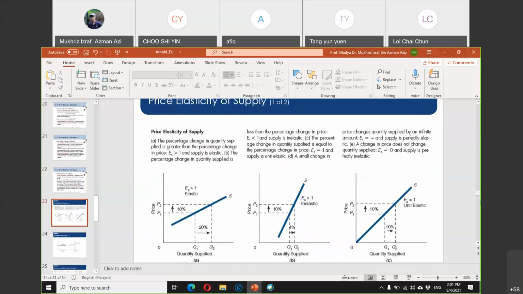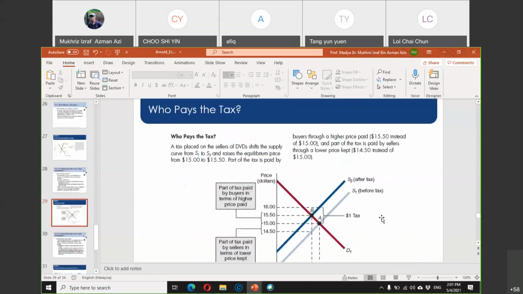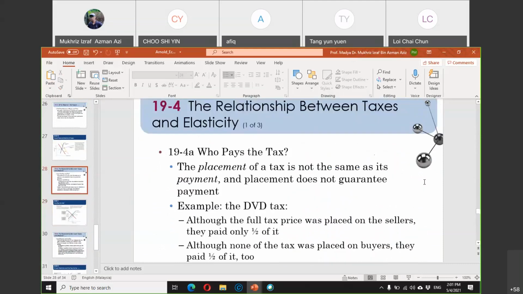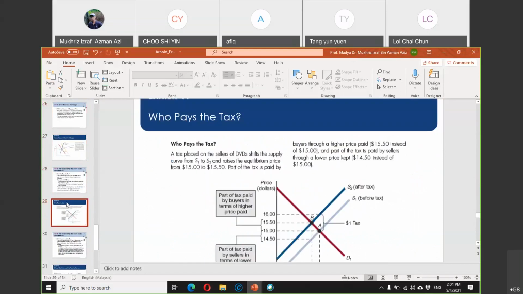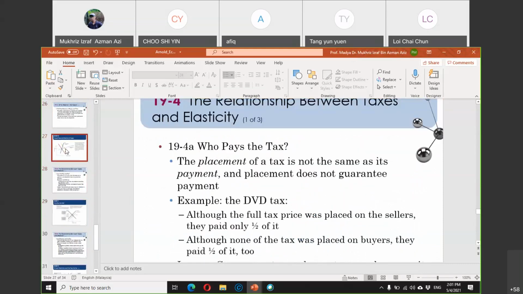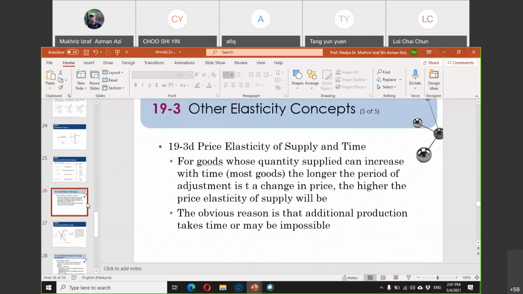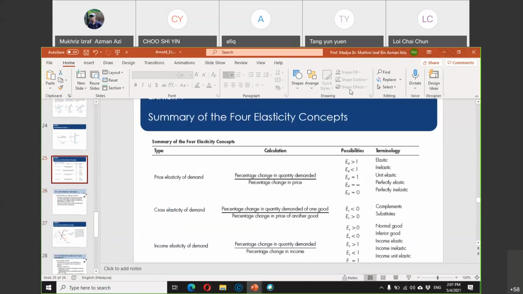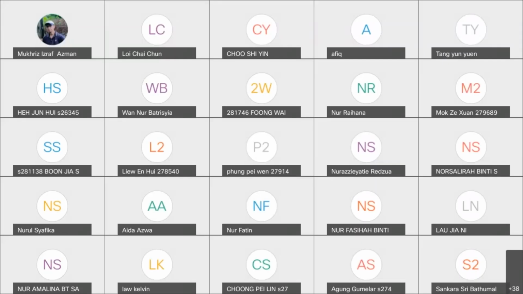Then we're going to finish off with the elasticity of supply, and the factors that can cause elasticity of supply to be elastic or inelastic. And then we're going to do some revision questions next Thursday. So on that note, okay,